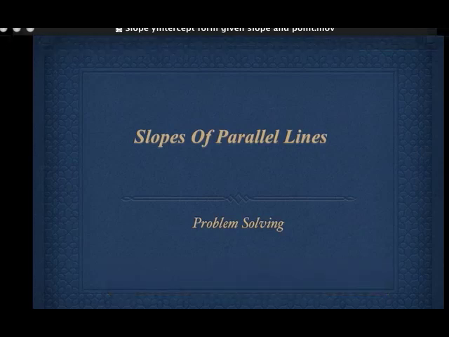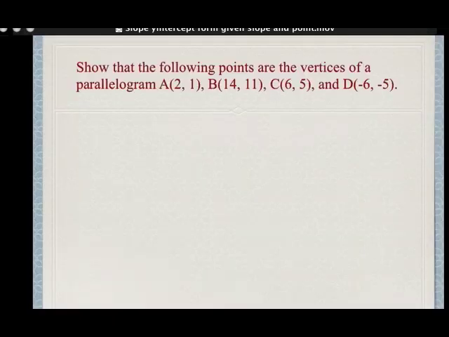So we're going to look at problem solving involving slopes of parallel lines. And the first problem we want to look at is show that the following points are the vertices of a parallelogram. And what we're going to do is plot these points to get an idea of what this means. But you also have to keep in mind that a parallelogram means that it's a four-sided figure where the opposite